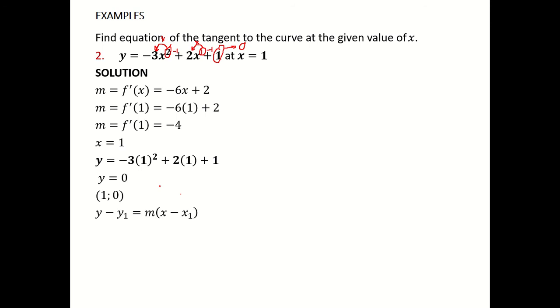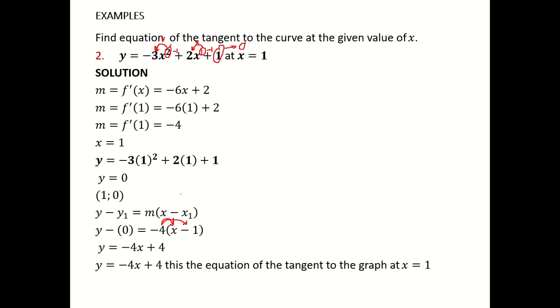x1 is 1, y1 is 0, and the gradient is -4. Do that substitution, and when you multiply out here, you will have -4x plus 4, and this will be the equation of the tangent to the graph at x is equals to 1. The third example,